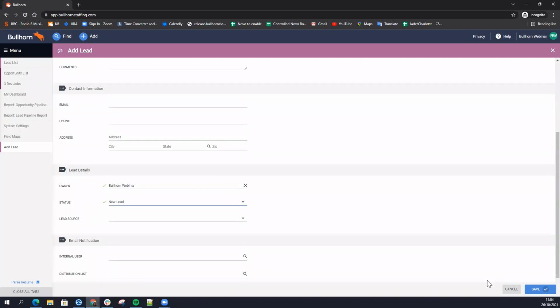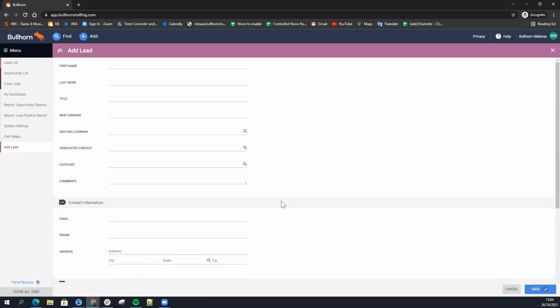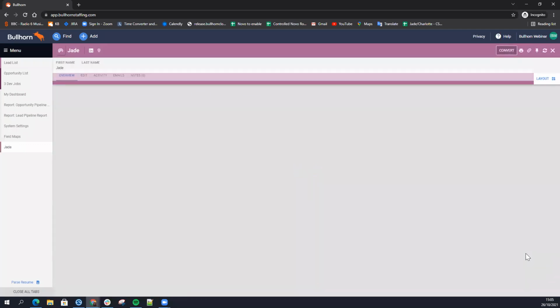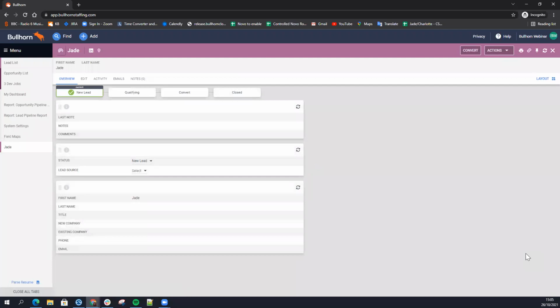So theoretically, we could save this now with no other information, and you'll know from adding candidates or contacts that you do really need more information than just their status. I'm just going to call this one Jade, for the purposes of our test today. But like I said, with this, you can put in barely any information. So if I save this here, we'll have a new lead record,